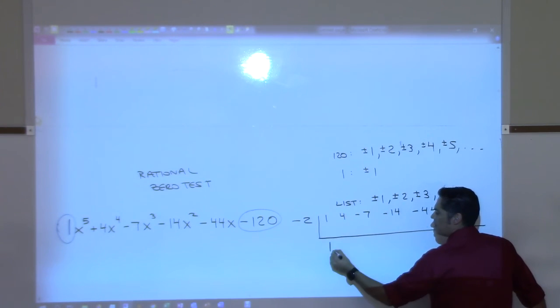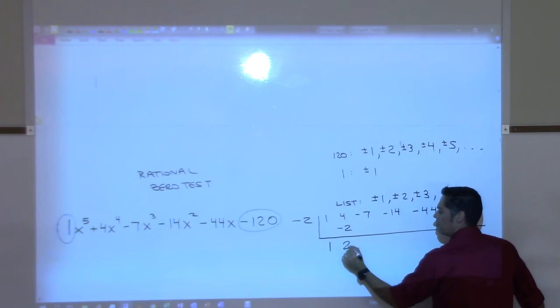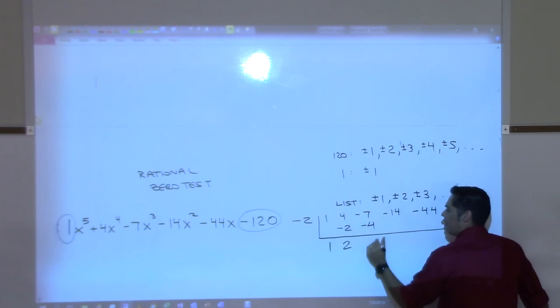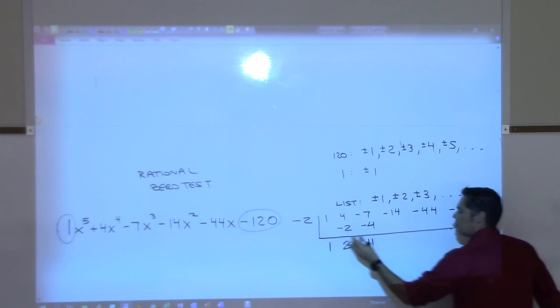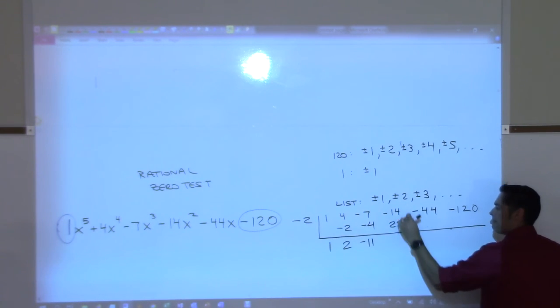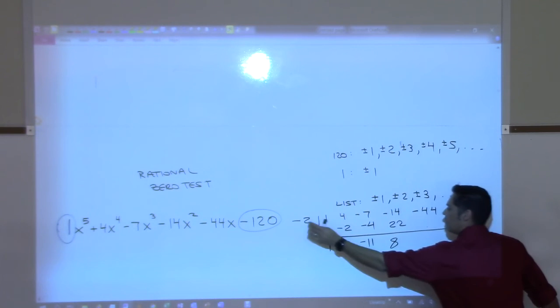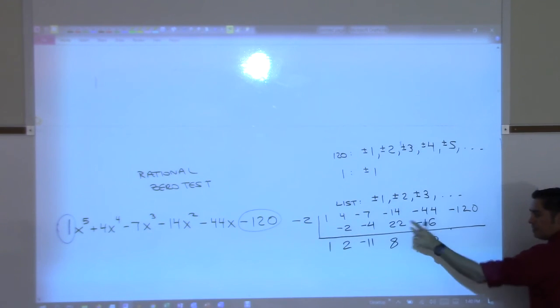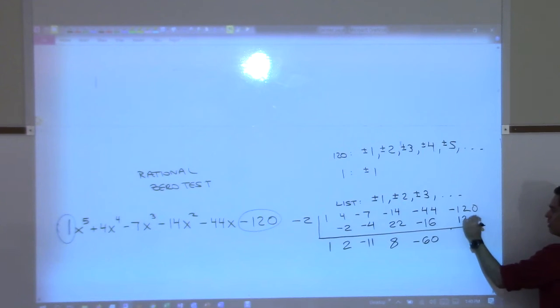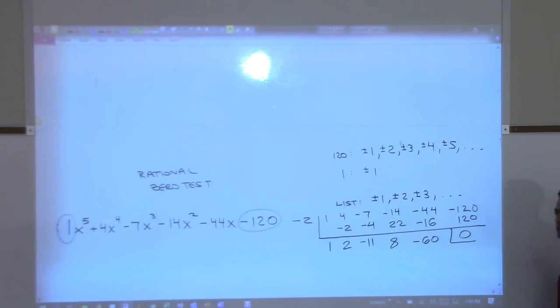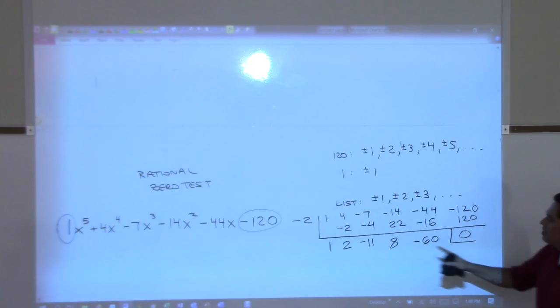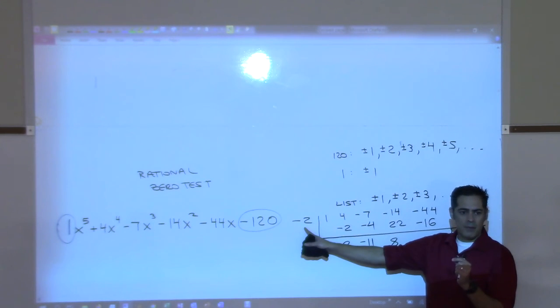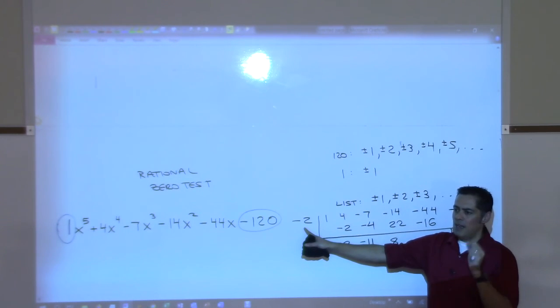1 here, let's see, negative 2, add down, that's 2. Negative 4, add down, negative 11. Then 22, 8, negative 16, negative 60, and negative 2 times negative 60 is 120, and there you go, you've got your 0 there, okay? So what does that mean? It means that negative 2 is a 0 of the polynomial, which means that x plus